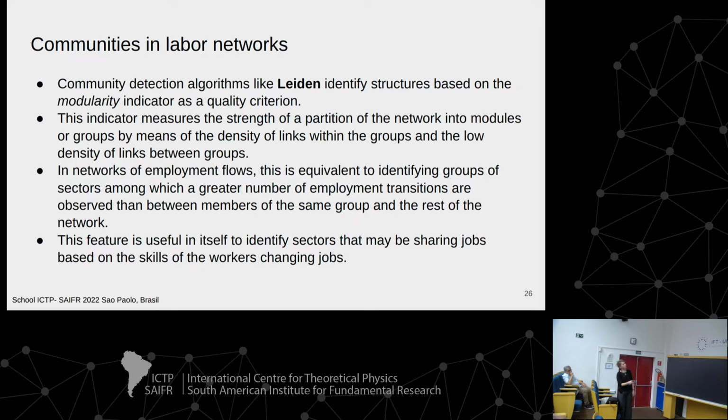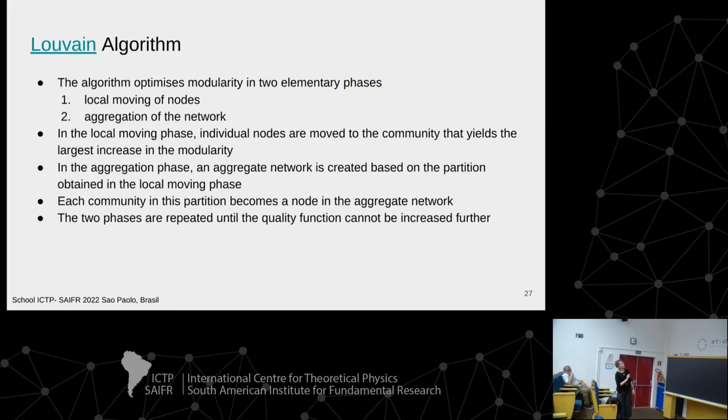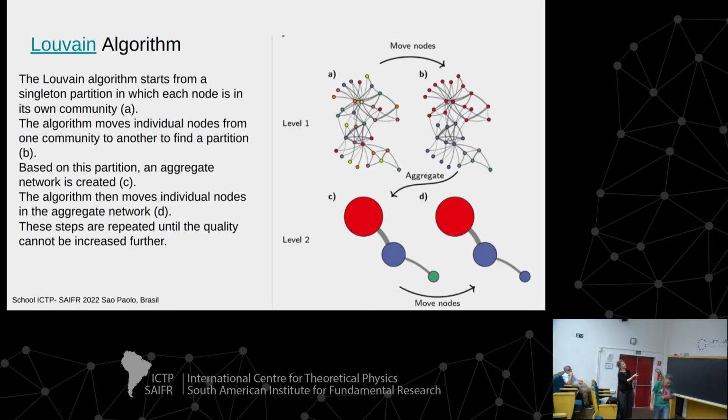Let me go straight to, for example, the Leuven algorithm, which most of you already know. So here I just put how it works. It's a local moving of nodes, and then an aggregation inside the network. In the local moving, it starts from a singleton partition in which each node is in its own community, and then it moves individual nodes from one community to another to find a better partition. And then